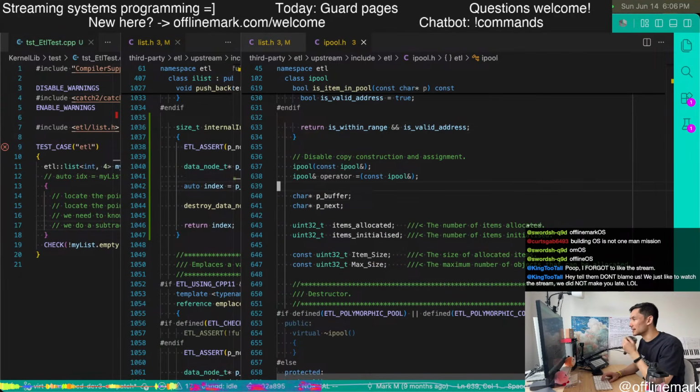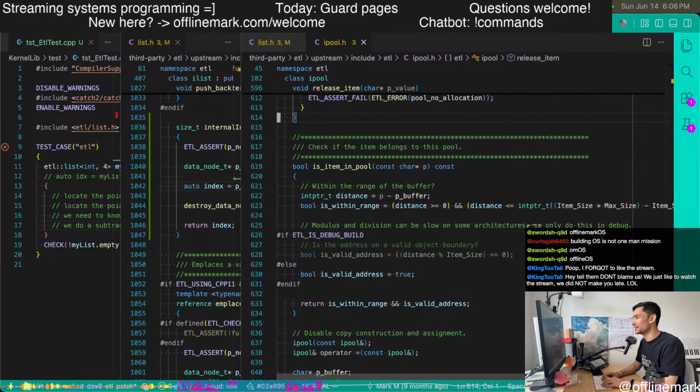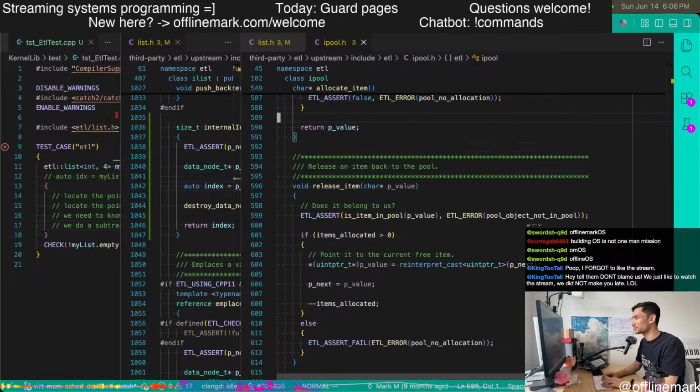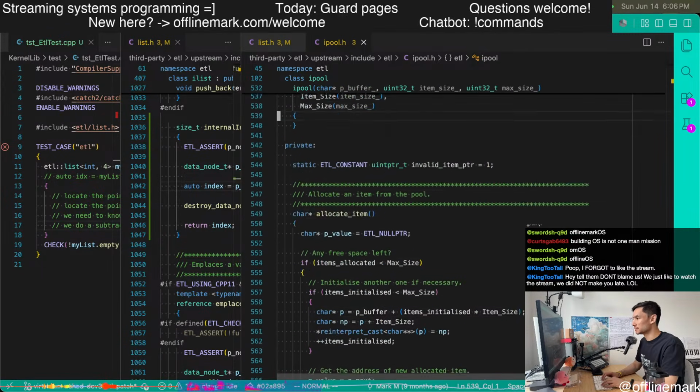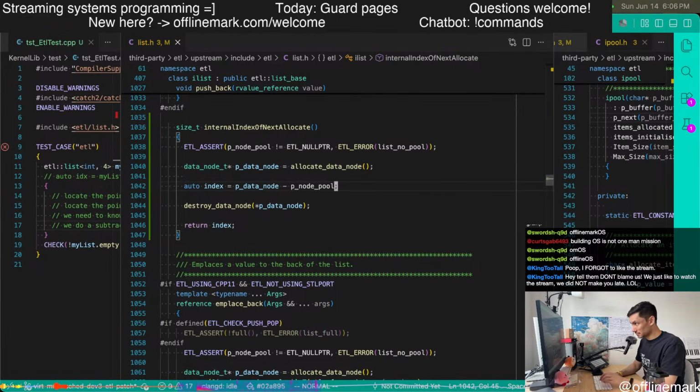It's here. It's the P buffer thing, which is not public. This doesn't work because it's not public, but conceptually, the P buffer,